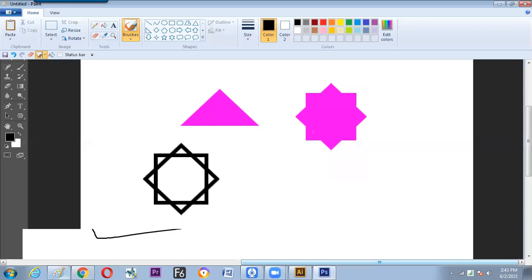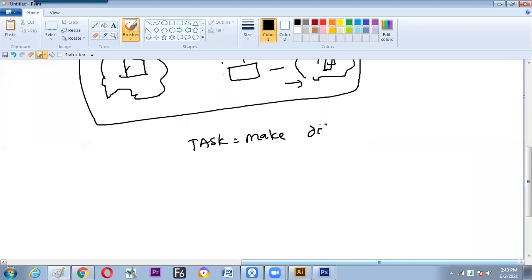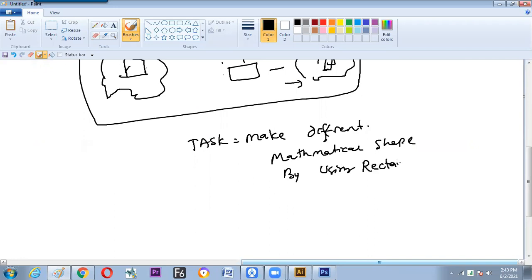Make different mathematical shapes by using the rectangle marquee tool with transformations.